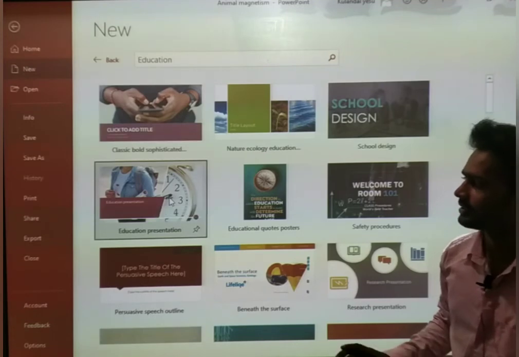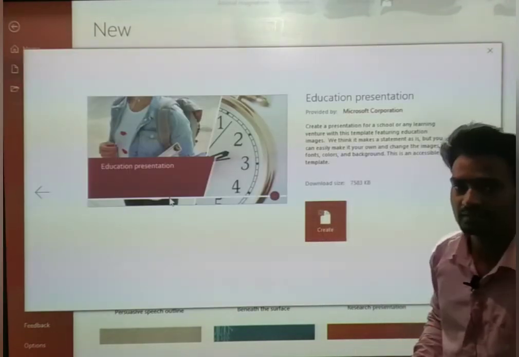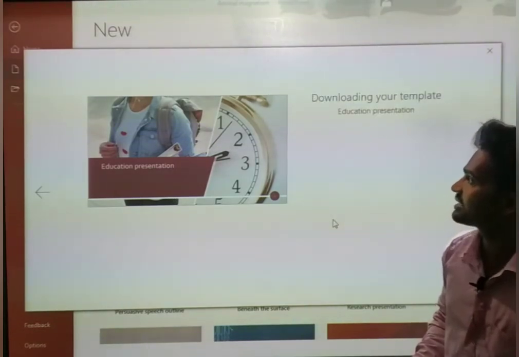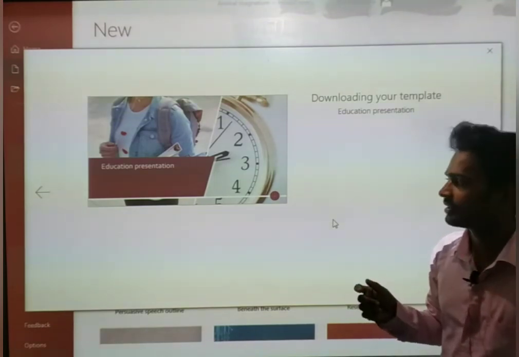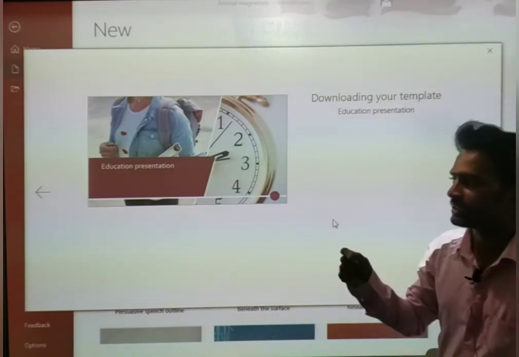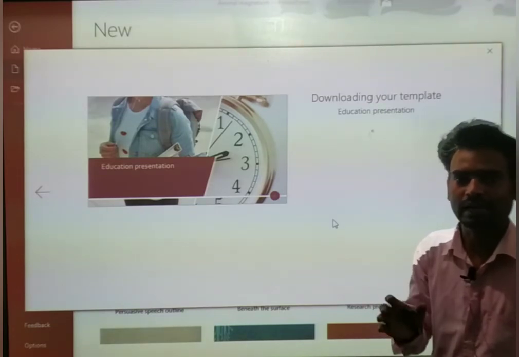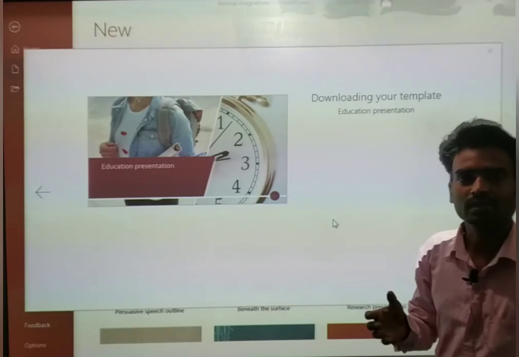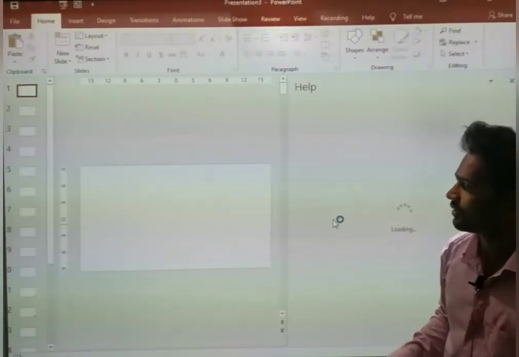So click on that. So when you click on that, then afterwards we have to click on create. So after clicking on create, it will take few seconds. If it is based on your net connection, so it will take few seconds to open it. When it opens, then you can edit it according to your class, according to my class. I can edit everything, right? Whatever I want to insert that class materials, I can insert that. So it is open now.